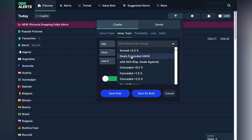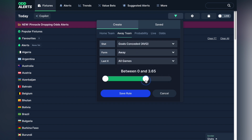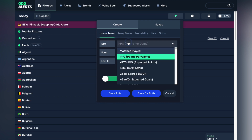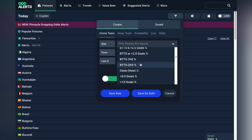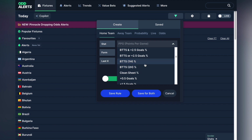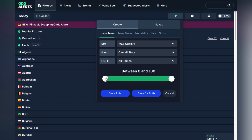So for that, we could maybe put an average in here. Goals conceded away from home. I'm going to go 1.1. And then finally, we can actually just filter directly for half with most goals. You can see you've got BTTS in the first half and second half, if you wanted to put that in there as well. Over 0.5 goals, let's just throw that in there for both teams and say 85% or more for both teams,